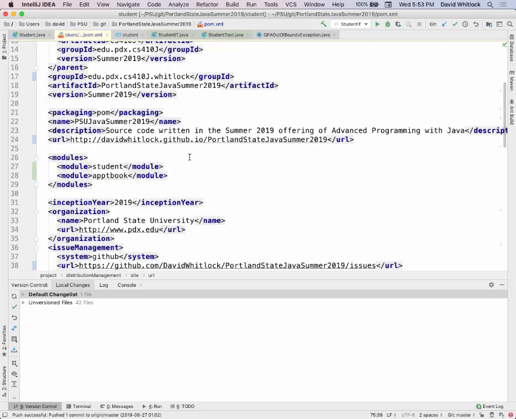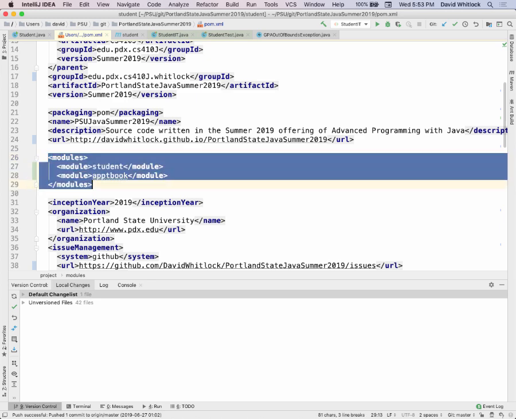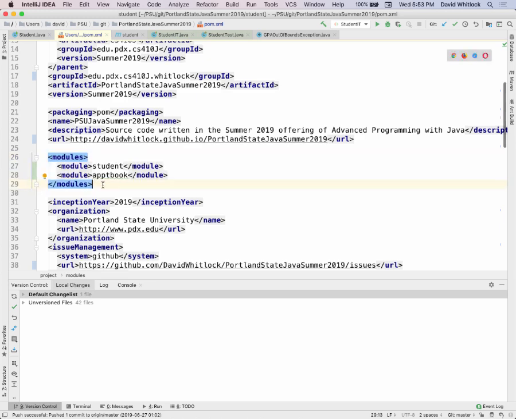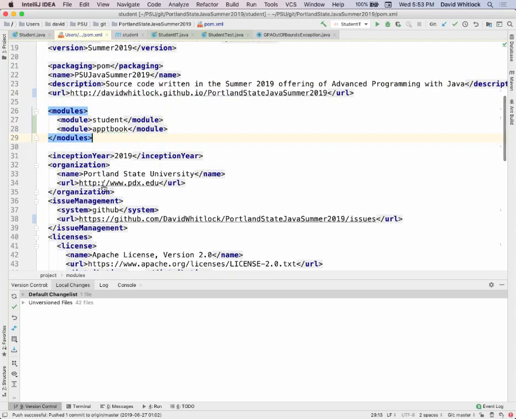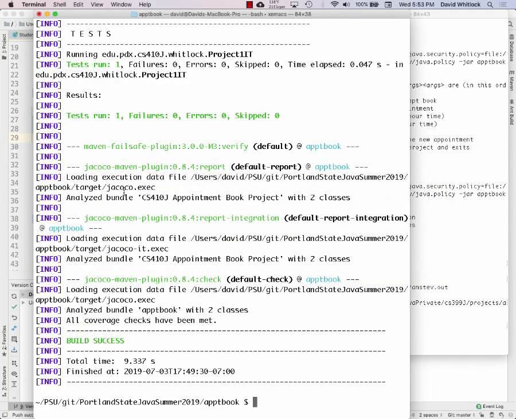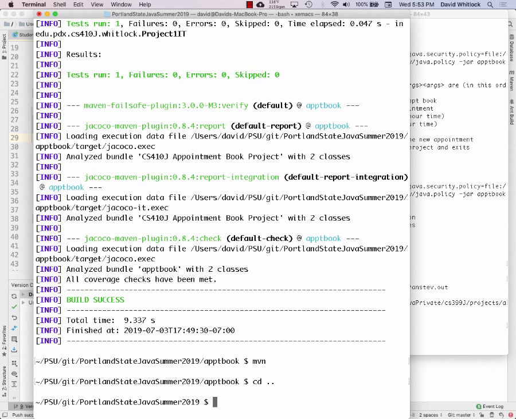So what I've done here is I've taken this pom.xml that came from the upstream repository, and I've customized it for my own summer 2019 repository. I've made it mine by putting my login ID and my GitHub ID all over the place. I've added my two projects as submodules, and I've done some more customization down here. And now I can run Maven at the top level directory, and it'll build both of the sub-projects. So now if I say mvn clean verify up here,